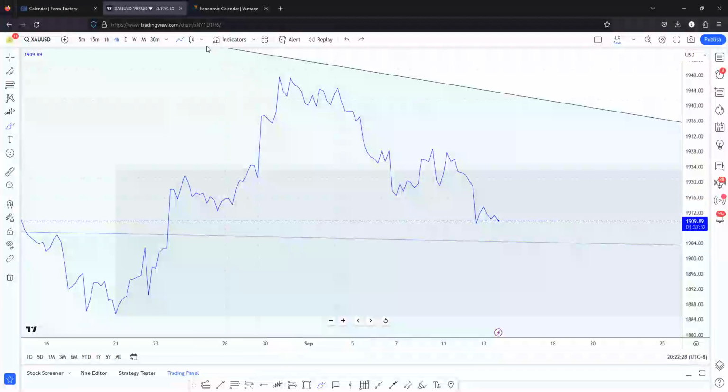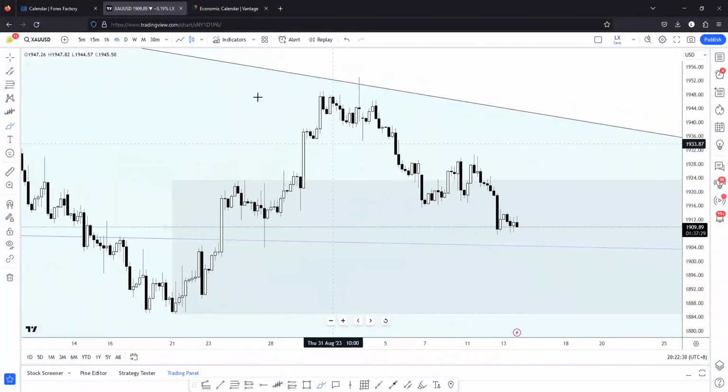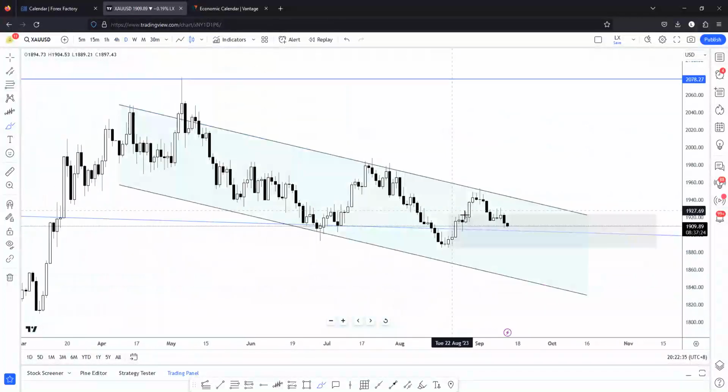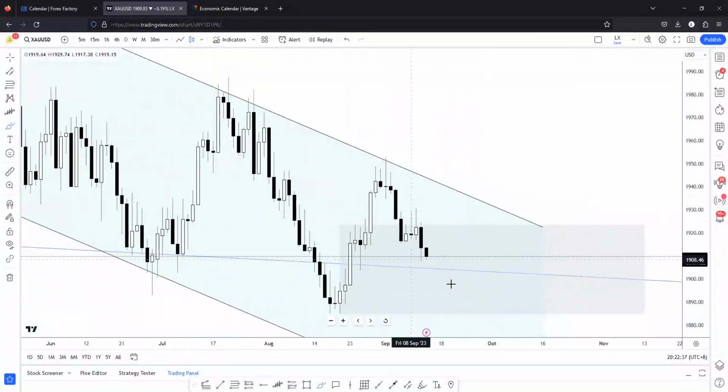So this is currently where we are right now on the 4 hours time frame. If you take a look at the daily, this zone that we have over here, this is the region. Depending on whether we do see a reversal from here, the nearest target that we have on the daily would be this high, this region that caused the pullback,